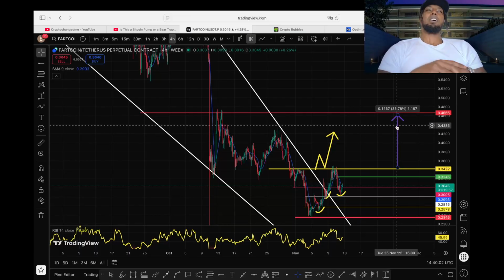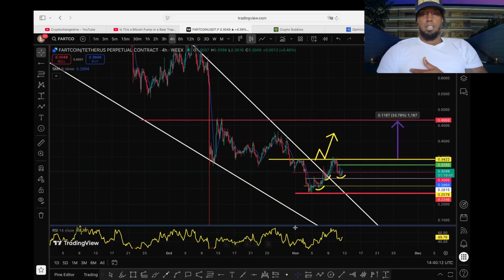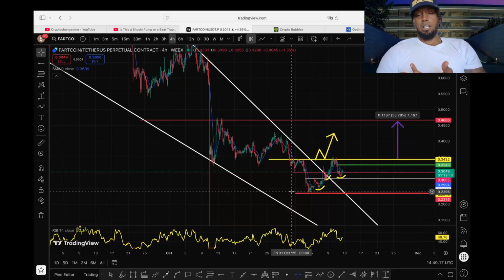But with coins like Fartcoin, missing that 33% move, it's not that deep because it's a small market cap. It goes up very quick. It goes down very quick. So in reality, even though this looks like you're missing some gains, this is just on the 4 hour. If you go on the daily,